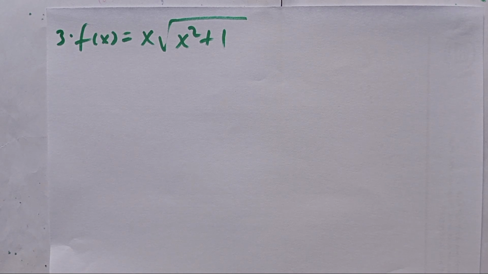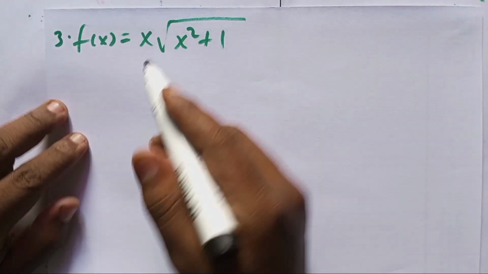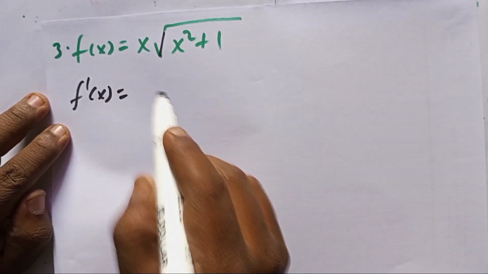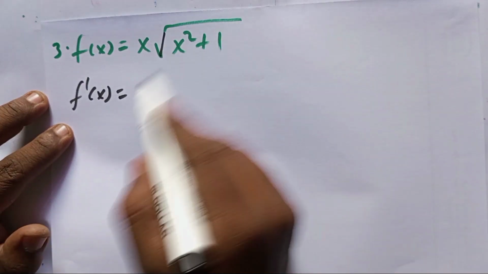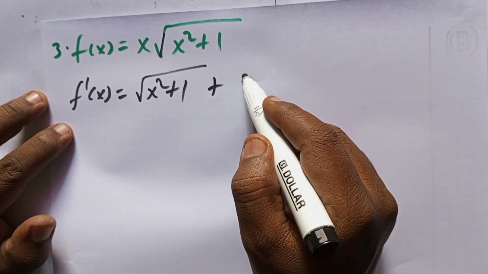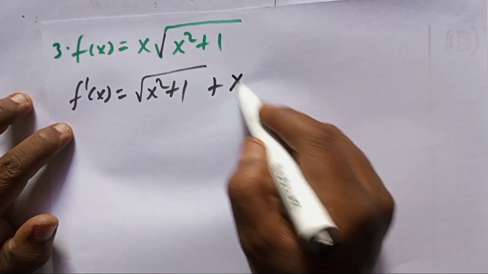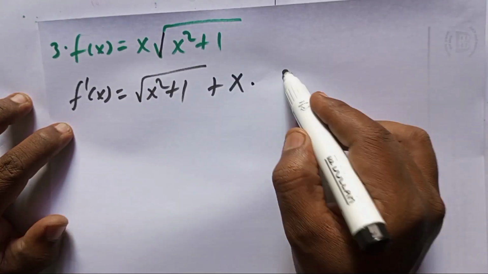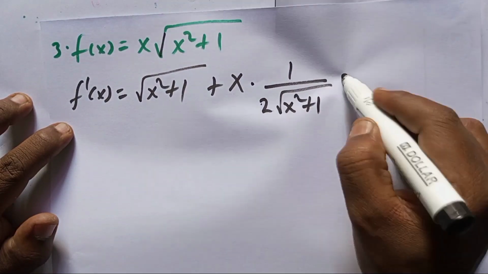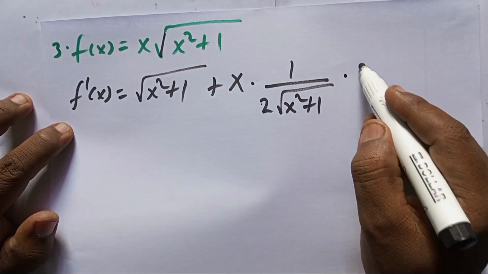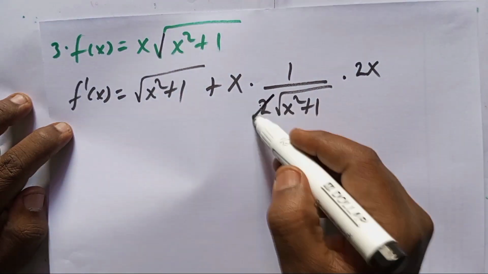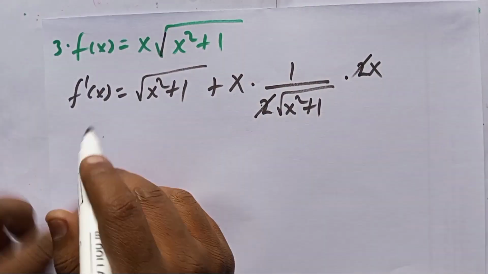Let us see the derivative for this function. የዚህን ፋንክሽን ደሪቫቲቭ እንመልከት እስኪ። ይሄን ደሪቬት ለማድረግ ምን መጠቀም አለብን? ፕሮዳክት ሩል እንጠቀማለን። ፕሮዳክት ሩል ስንጠቀም ኤክስ ደሪቬት ሲሆን ዋን ይመጣል። ይሄ እንዳለ እናስቀምጣለን ማለት ነው። ማንን? ኤክስ ስኩዌር ፕላስ ዋንን ፕላስ ብለን ግን ኤክስን አስቀምጠን ይሄው ኤክስ ተቀምጦ ይህን ራዲካሉን ደሪቬት እናደርጋለን። ስናደርገው 1 ኦቨር 2 ራዲካል ኤክስ ስኩዌር ፕላስ 1 ታይምስ ዘ ደሪቫቲቭ ኦፍ ዘ ኢነር ዋን ስንት ነው የሚመጣልን? which is 2x ነው የሚመጣው። ከዚያ ይሄው ይሄንን በዚህ ካንስል አውት ብናደርግ ማን አለን ማለት ነው?